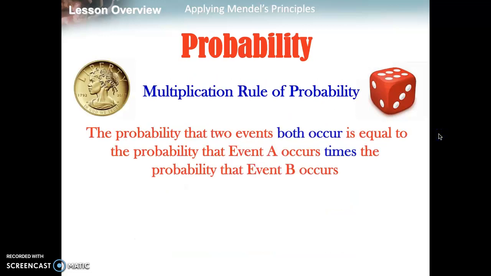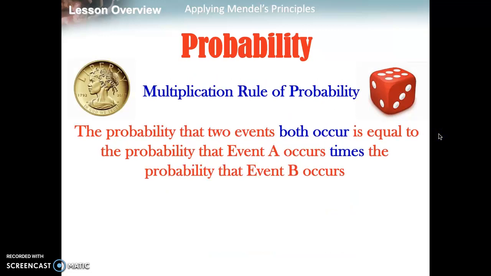So what does that rule tell us? The multiplication rule of probability simply states that the probability that two events both occur is equal to the probability that event A occurs times the probability of event B occurring. Again, the key part here is that you are multiplying. You're taking event A, coin 1, times the probability for event B. So we're going to look at each of the coins